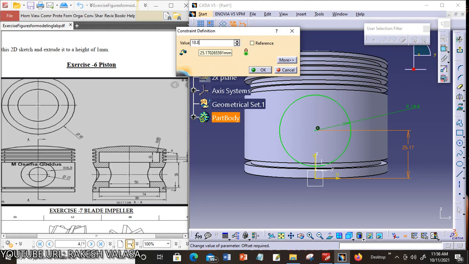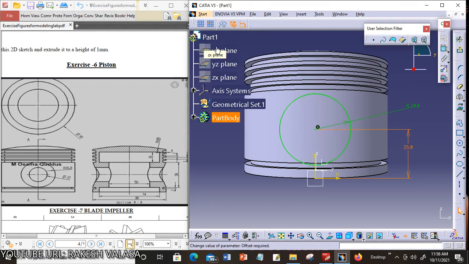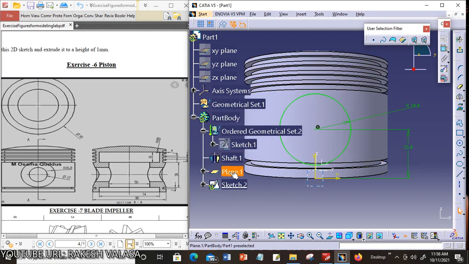You can also check the bottom dimensions. Just you can elaborate this part body. Now click on the sketch tool.